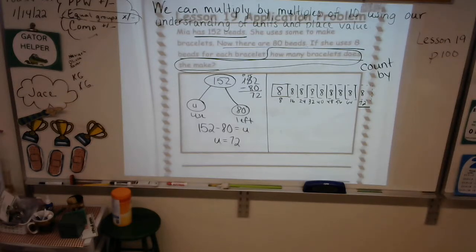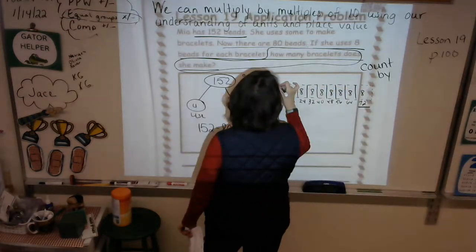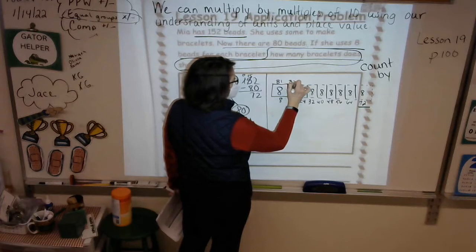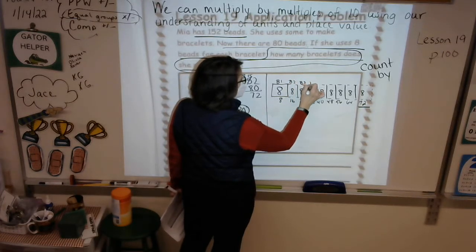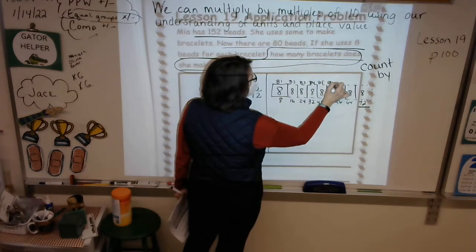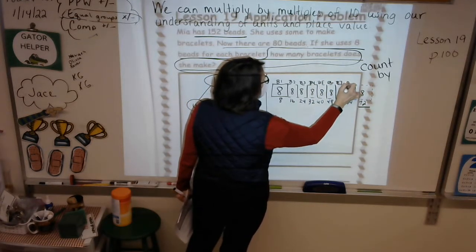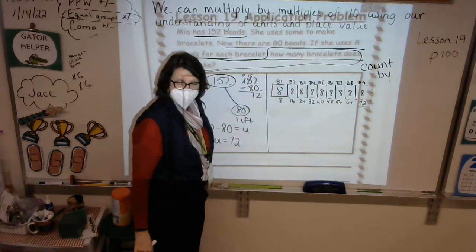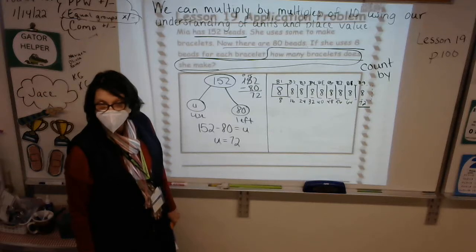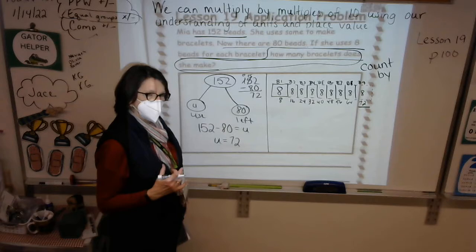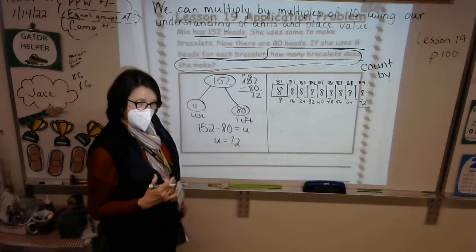Now, we know how many bracelets she made, don't we? Can we do this? I really like it when students do this. Bracelet 1, bracelet 2, bracelet 3. This just makes my picture, bracelet 4, bracelet 5, makes my picture so much more meaningful. Oh, how many bracelets did she make? None. And because we're going to say how many bracelets, let's use a number sentence with a letter for our